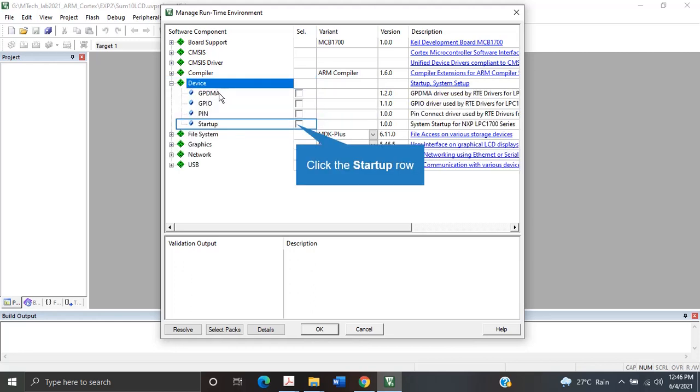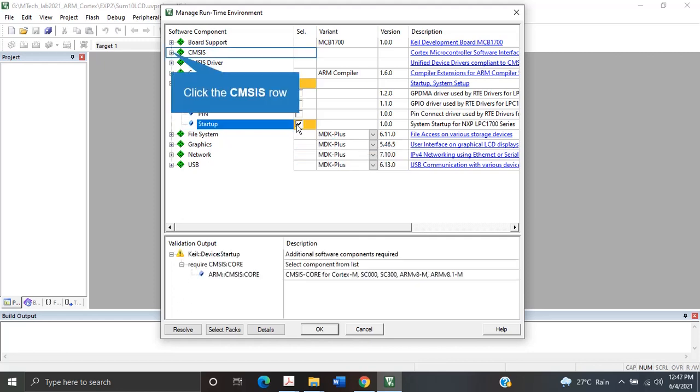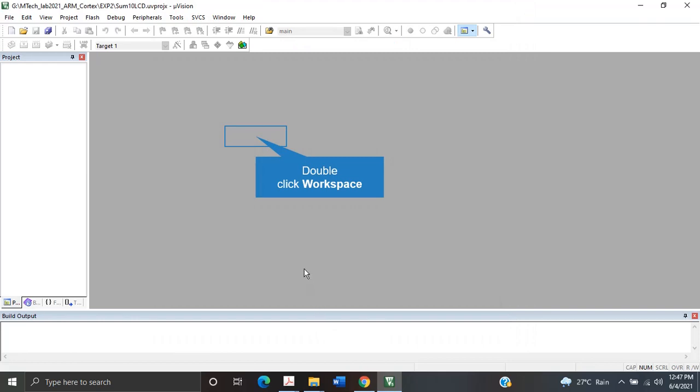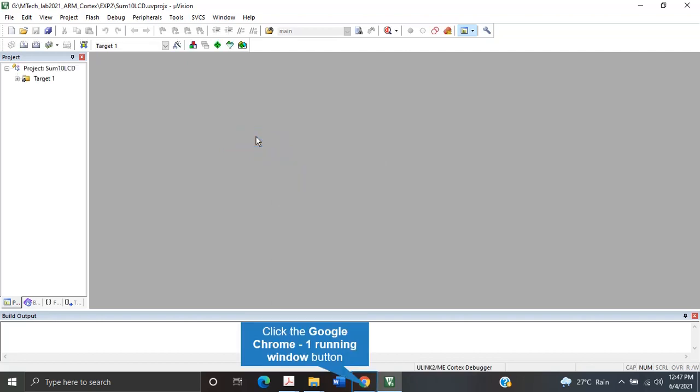Normally the startup.s file was the code that was included even when you coded for ARM7 devices, like LPC2148. So I want to include the startup code, and it says that CMSIS Core is also required. We say okay, no problem, so CMSIS Core is also included. Now it is green, which means there was a dependency for the startup code, and once I include Core, everything has turned green. I click OK.